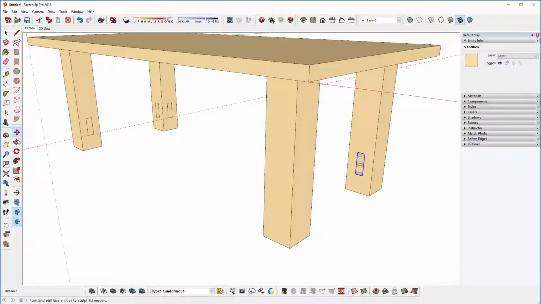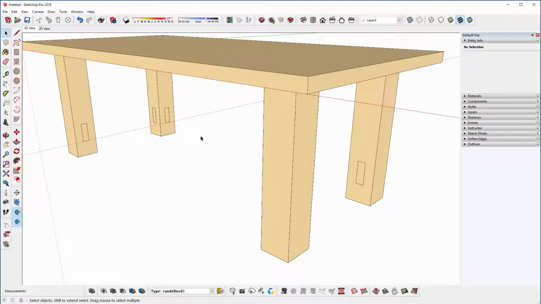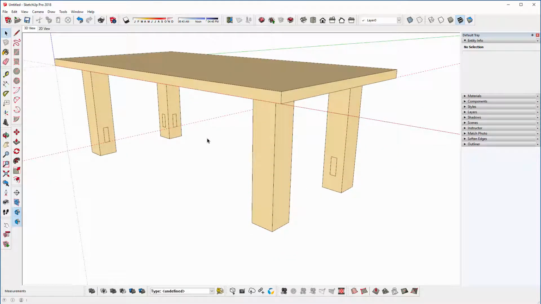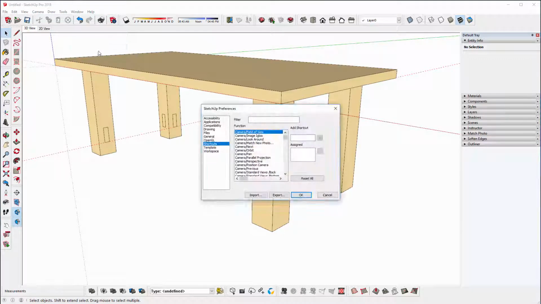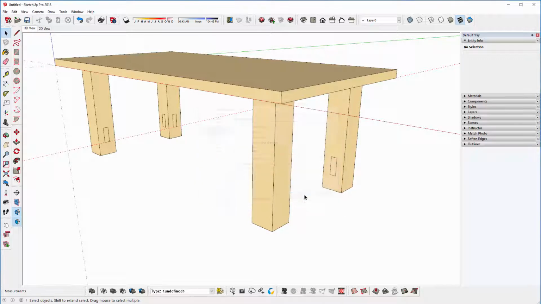So I'm going to get the push pull tool, and I'm going to click on the surface here. So just before I do that, earlier when we were setting up the SketchUp template, I talked about the pre-selection push-pull option. So if I go to Window Preferences, Drawing, we have a thing called Disable Pre-Pick on Push-Pull Tool. I'm just going to put it back to default, which has no tick in it, and show